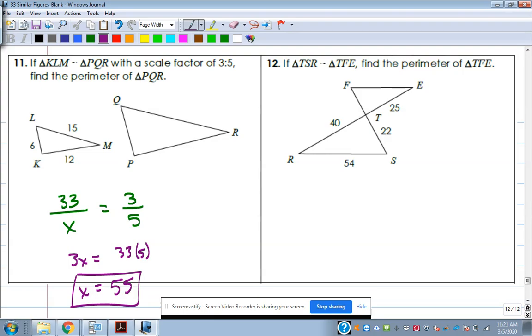So use the ratio, the scale factor that they give you. Similar thing here on number 12. The only thing is they don't give you the scale factor, so you've got to find it. So you use perimeter, and then you use 2 corresponding sides to get your scale